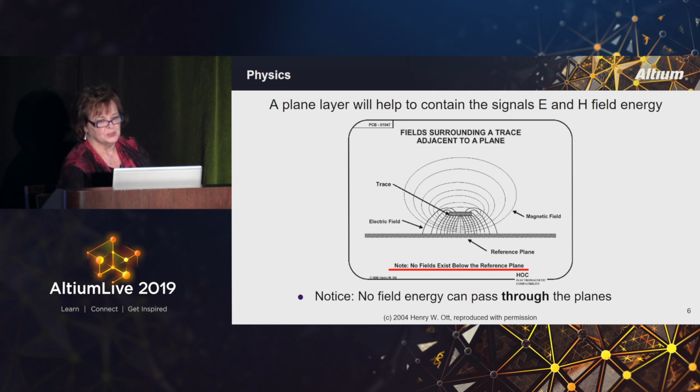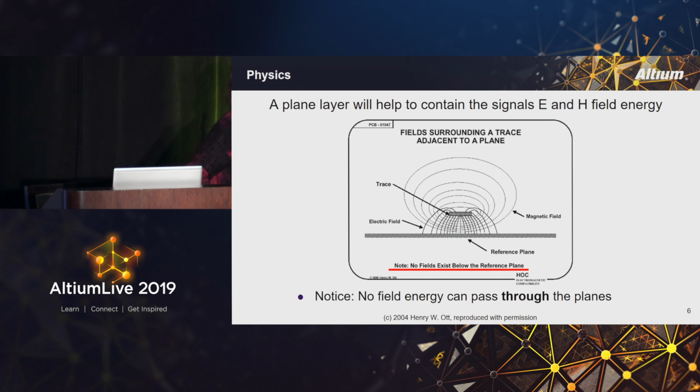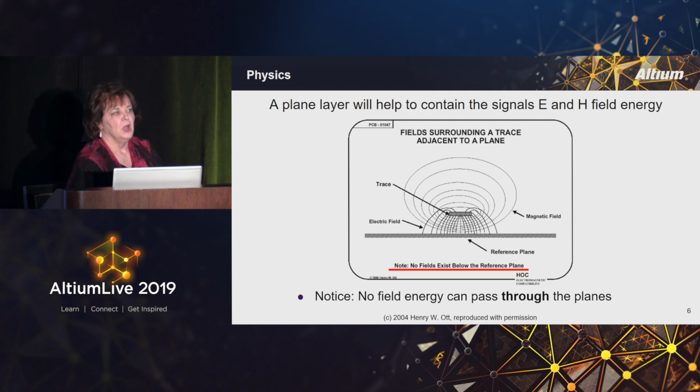And I have a quick little story about this. I have an engineer in my company, a very highly regarded engineer, that came to me and he said, oh, it's okay because the energy can go from whatever is here. If this is your signal, it can go from whatever is here down to the ground plane. And I said, no, it can't go through the ground plane. It can't go through the plane, whatever this is, because it simply can't go through that. He said, well, then it will go to the vias, and it will go through the vias down to the ground plane. No. It will go to the lowest impedance path, which is the closest plane that you have,